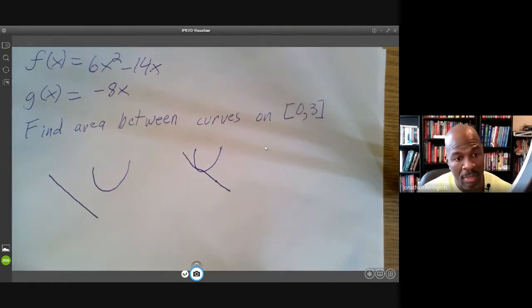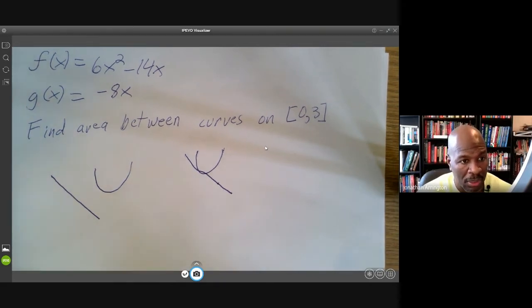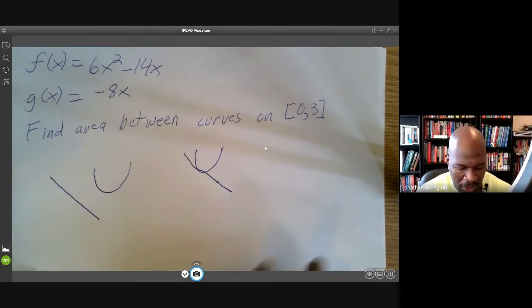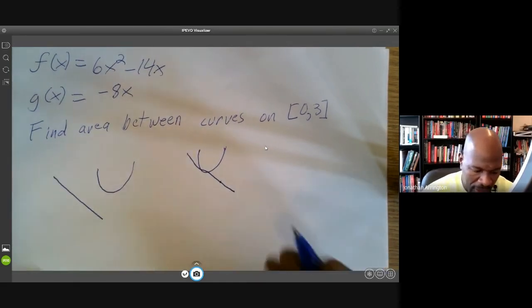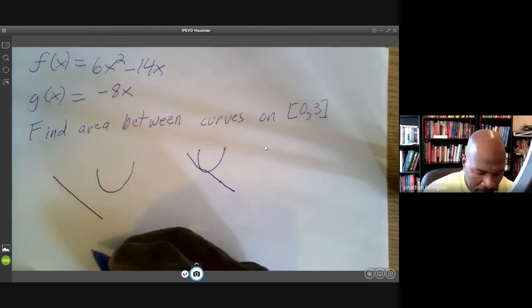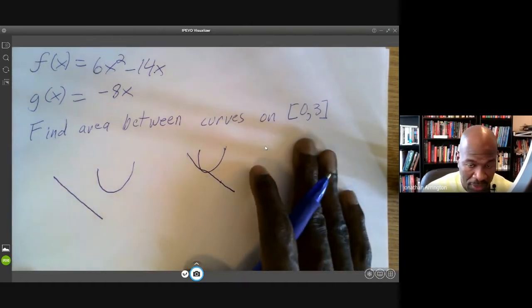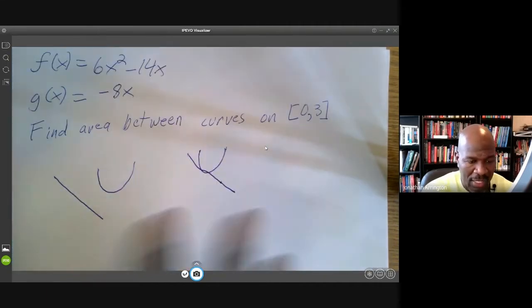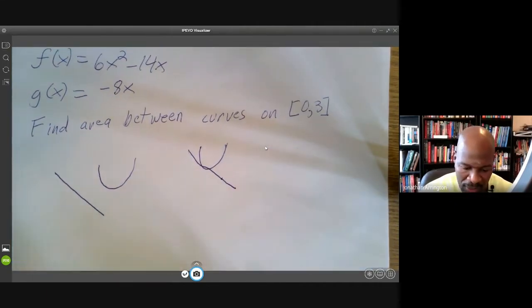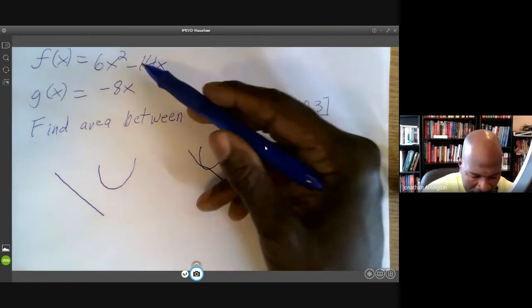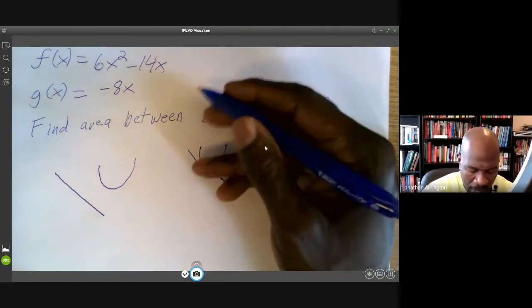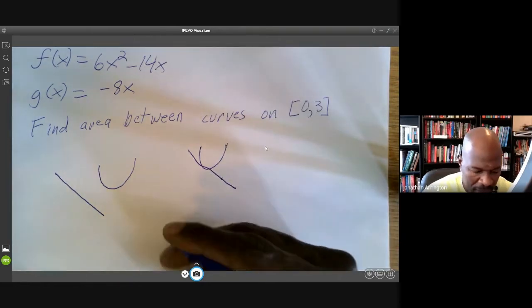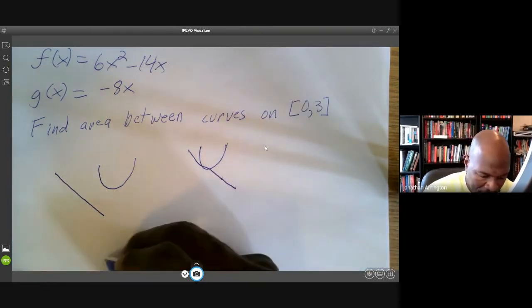So sometimes it may be difficult to figure out, or maybe too time consuming, to plot various points to figure out which function is on top and which function is on bottom. If that's the case, I always say don't really worry about that. How you can save yourself is simply, and there's another thing I need to take into consideration on this problem, but for right now I'm going to assume it's not relevant. So if I have these two curves and I'm not sure which one is top and which one is bottom, what I can do to save myself is simply